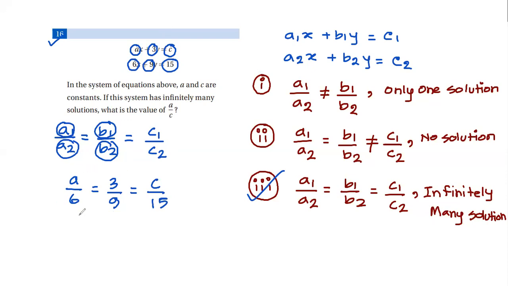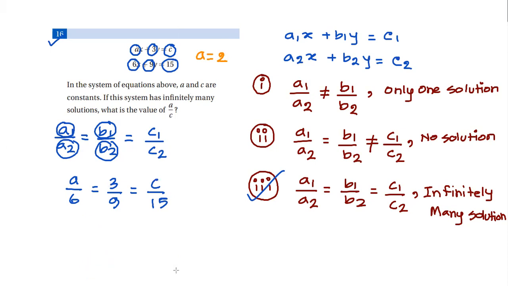So we can take the first proportionality: a over 6 equals 3 over 9. Then you cross multiply them, so you'll get 9a equals 18. And if you divide both sides by 9, you get a value of 2. So we got the value of a as 2. Next,